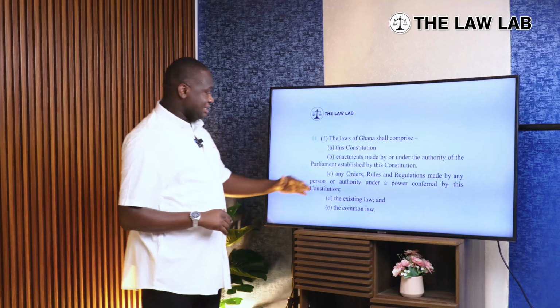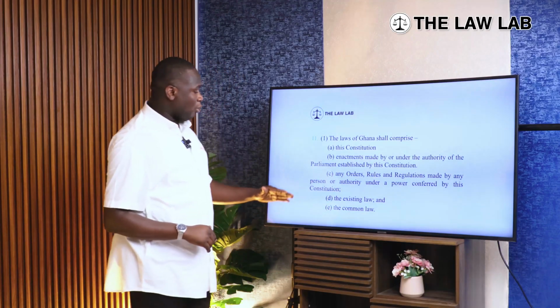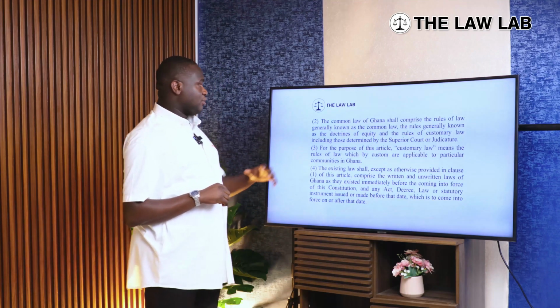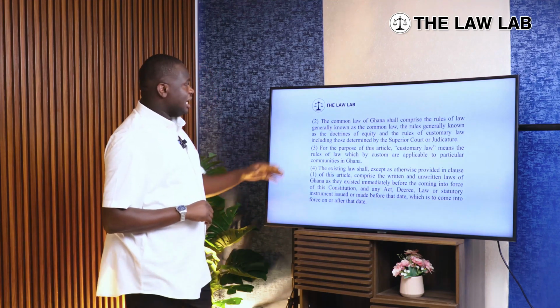With the parliamentary bodies like NPA and Ghana Gas, GNPC and others, when they make laws, because they are legislative bodies, we call those laws LIs. We call those laws LIs. The next one we'll be looking at is existing law, and the last one will be the common law of Ghana. I'll pick the common law of Ghana first, because when you read Article 11(2), it says, the common law